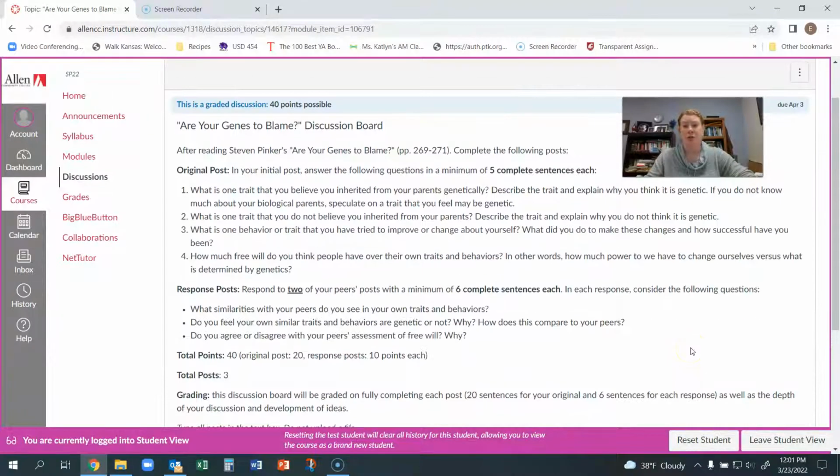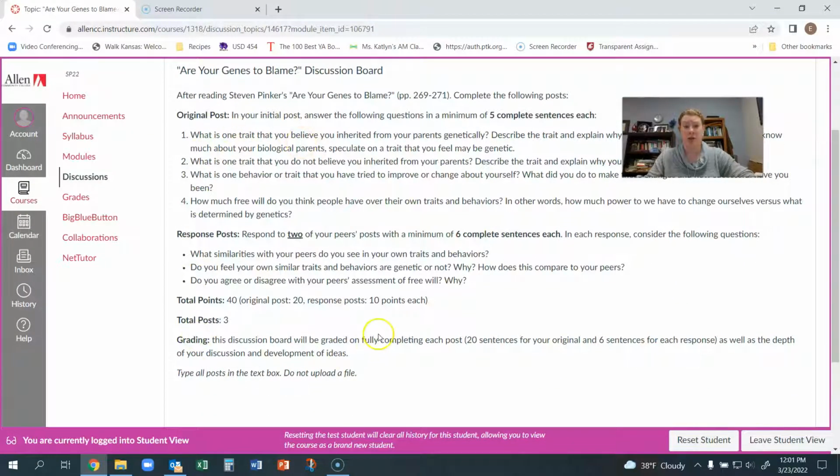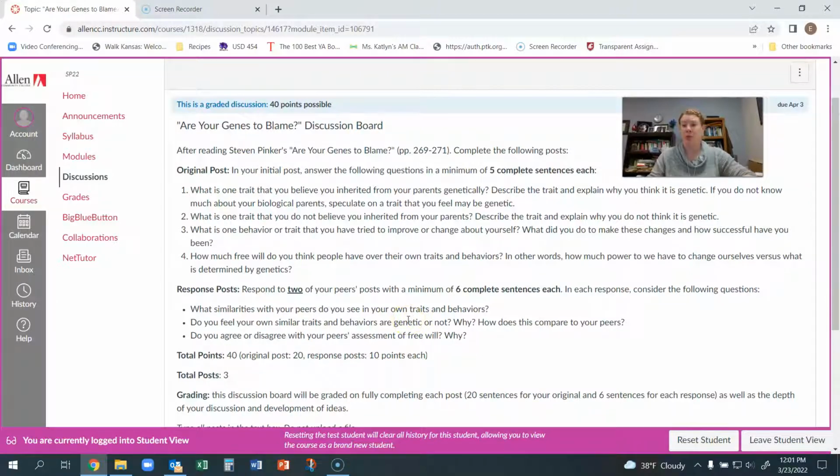The last thing that you're going to do in this module is your discussion board. So for this, we're doing something a little bit different. We haven't had a lot of collaborative assignments, and we do need that as part of the requirements for the class. And so instead of just answering questions for this reading assignment, you will be doing a discussion board. And the reading assignment talks about whether or not your genes are to blame for some